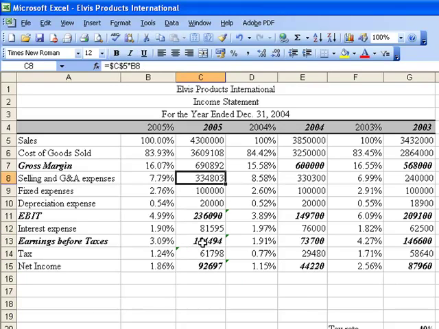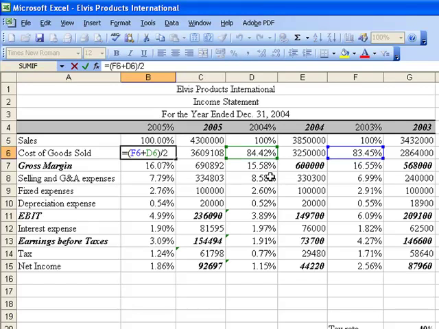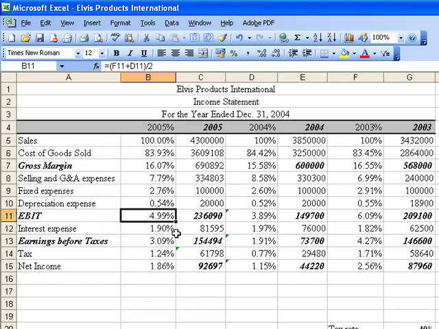So again, let's go through it. We have the sales information that our sales in 2005 will be 4,300,000. Based on that, we can calculate the percentages based on the information from 2003 and 2004. So we come up with the average, for example, average for cost of goods sold and other items. Using these average percentages, we calculate our cost of goods sold by multiplying our sales by the cost of goods sold ratio, and we just